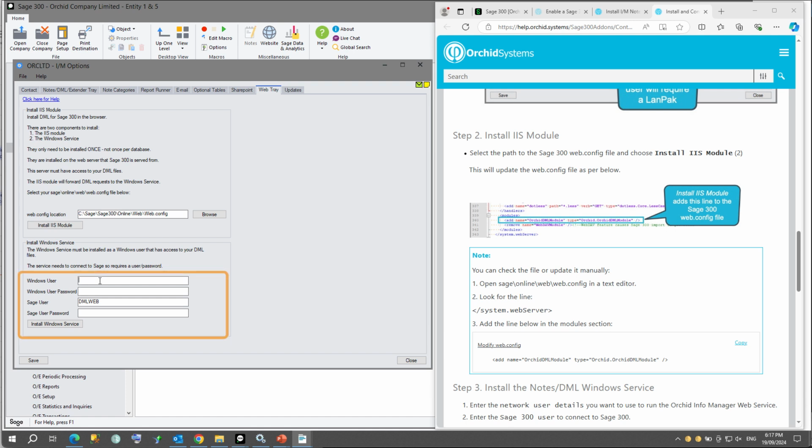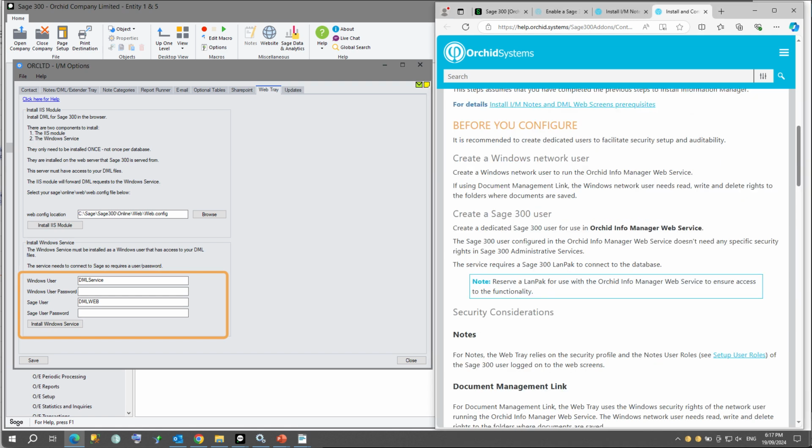The first time you do it, you need to select a Windows user, a service account, so enter your password and select a Sage 300 user. We recommend that you create dedicated users. It facilitates security setup and the auditability. That Windows network user to run the service. For document management link, that Windows network user needs read, write and delete rights to the folders where the documents are saved. The dedicated Sage 300 user doesn't need any specific security rights, as Notes uses the Sage user